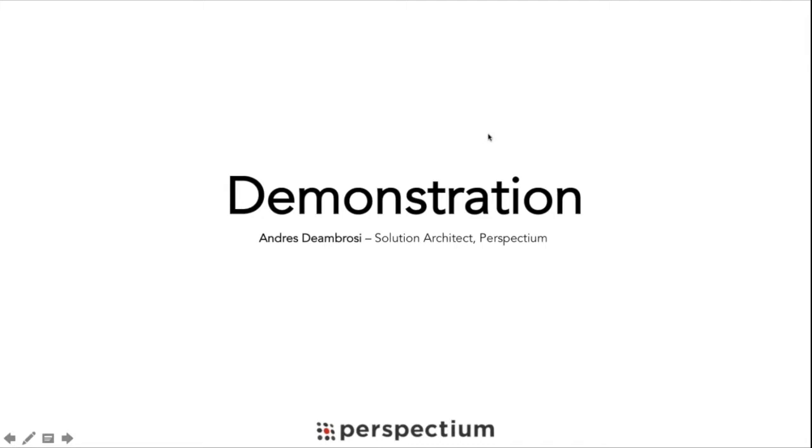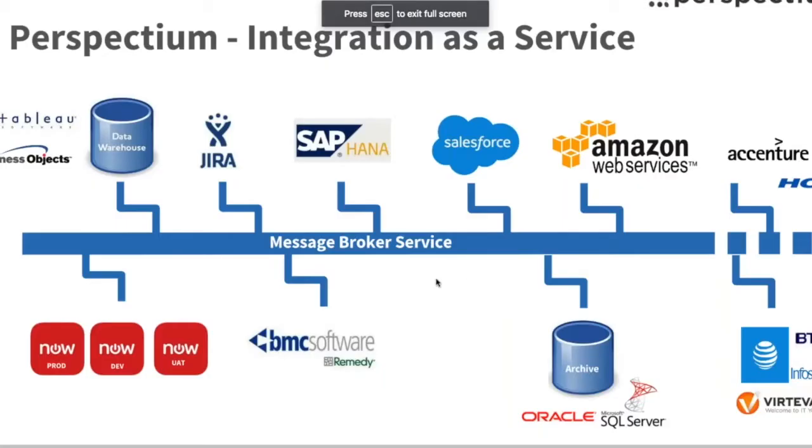I am going to start out describing a little bit of the Perspectium architecture, and then we'll get right into product demonstration. So I have shared my screen, and the first slide I have up is the architecture of Perspectium itself, integration as a service. One of the key aspects to the way that Perspectium Replicator is architected is the message broker service. You've heard references to that in regards to getting ServiceNow data out of ServiceNow into a database, as well as